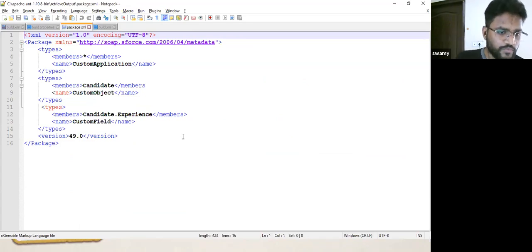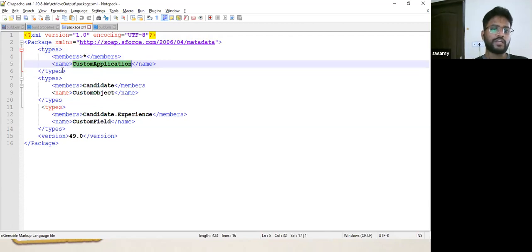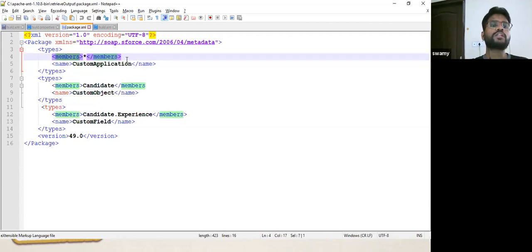The first and the easiest way, you can go ahead and create it on your own. Just copy a sample file from the internet and give the different types that you want to add. Like here, I am creating a custom application, adding the name and the members with all the custom applications that have been created in my org. The star says all.